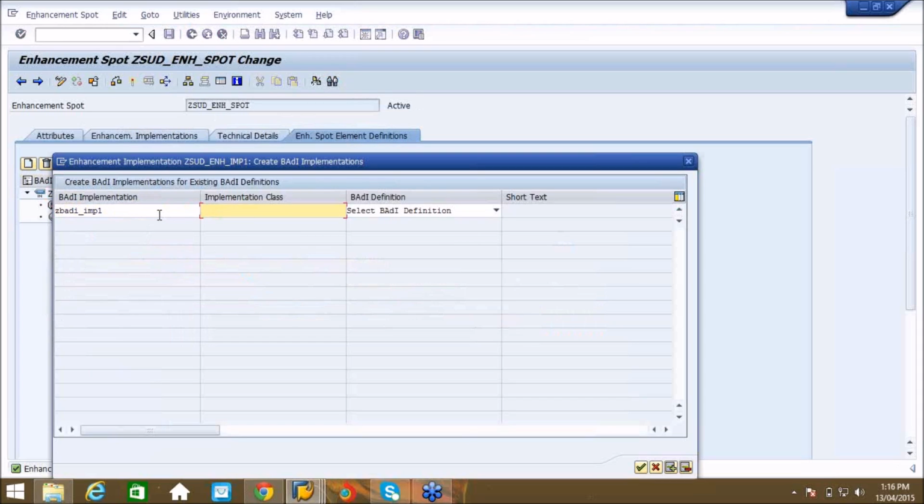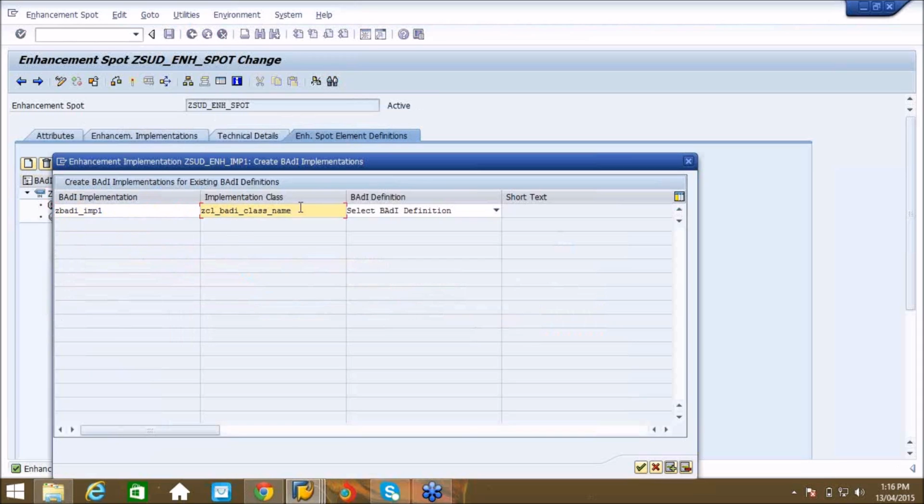Implementation class name ZCL_BADI_CLASS. These things you can provide anything, not a problem. Instead of Z_BADI_IMP1 you give your name. Here you can give any other name. These are simply some particular names.